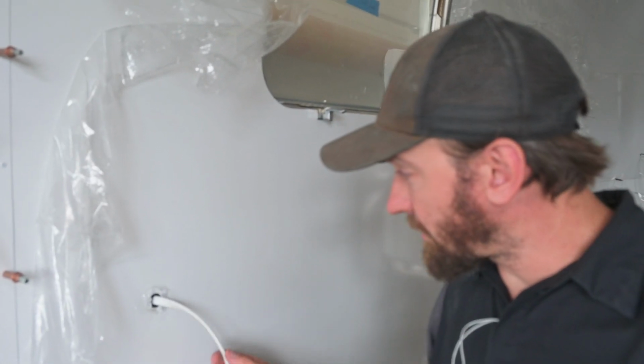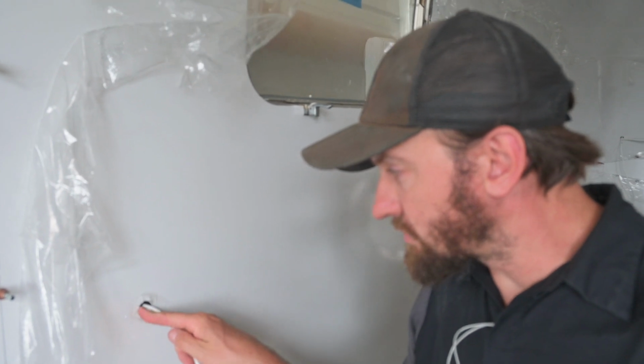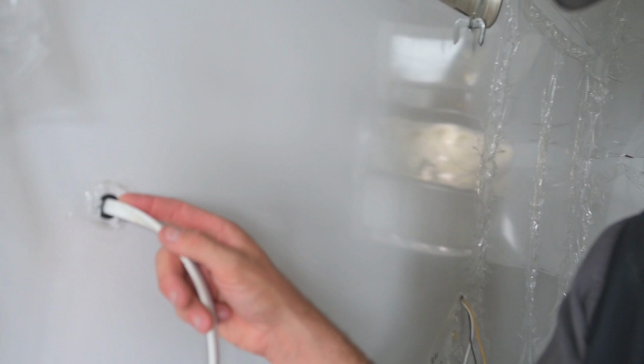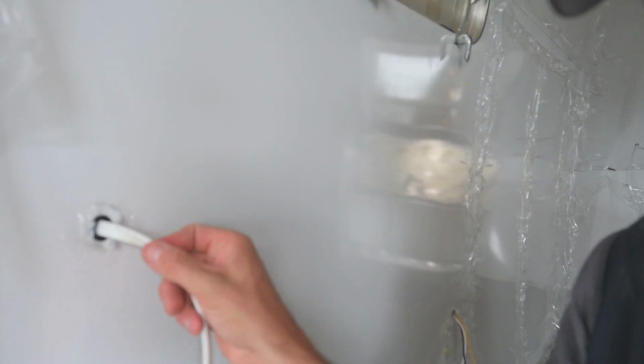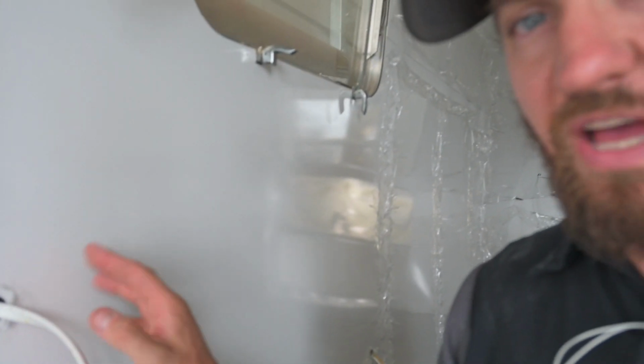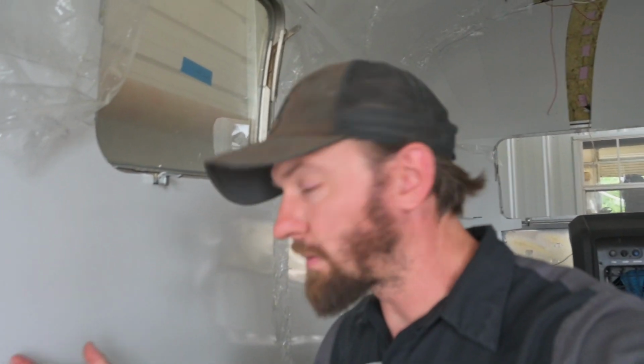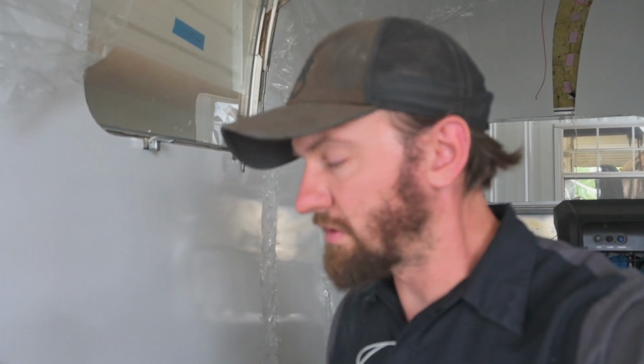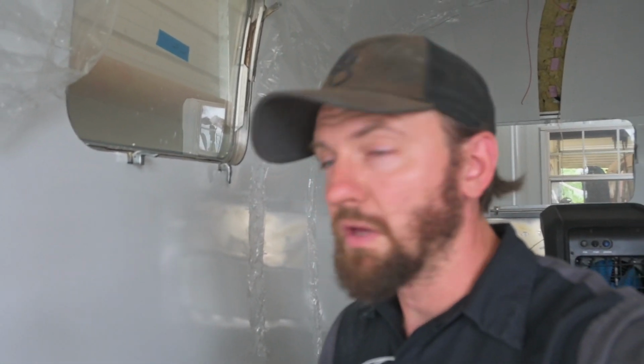And places where wires are coming through the wall, like here, we use these plastic grommets, and that just keeps the wire protected so it's not rubbing on the aluminum. And that's only for stuff that's coming through and it's going to be in a cabinet, because this is going to be an outlet that is underneath the, it's going to be basically a pop-up on the